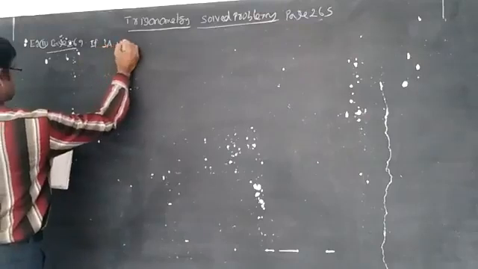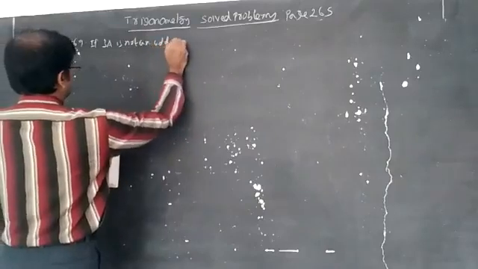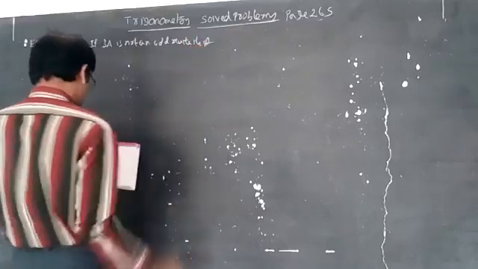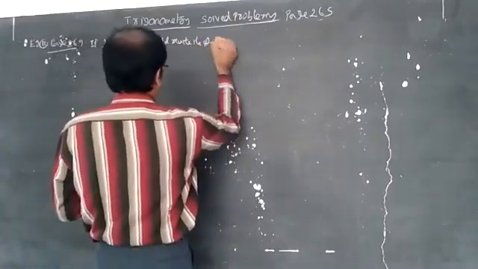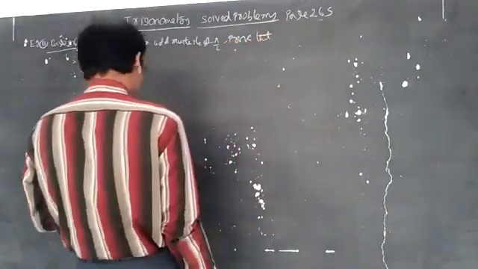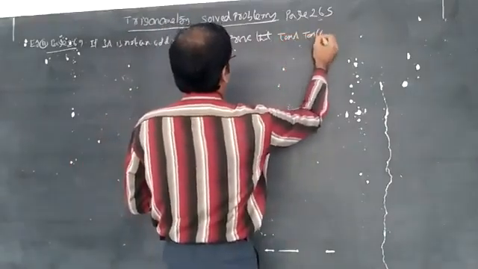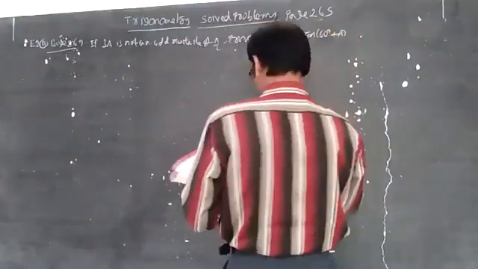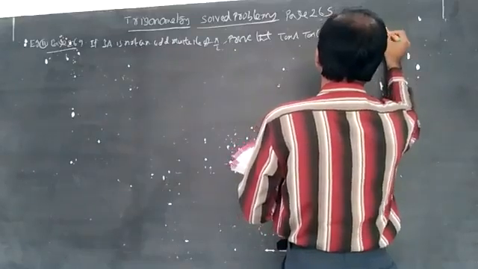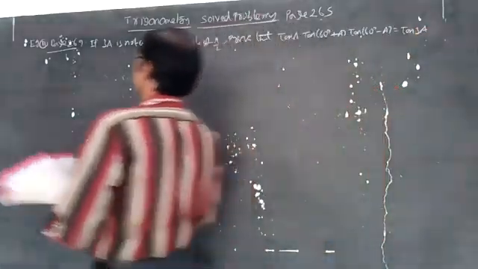If 3a is not an odd multiple of pi by 2, prove that tan a into tan of 60 plus a into tan of 60 degrees minus a is equal to tan 3a,